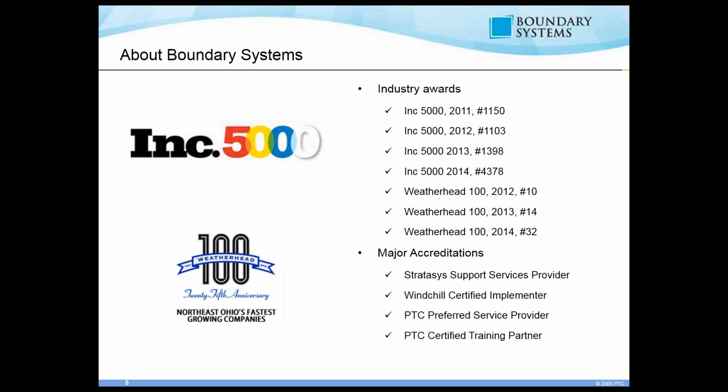Inc. 5000. And in the Weatherhead 100, as you can see, 2012 we're number 10, 2013 we're 14, and then 2014 we're actually number 32. So we continue to maintain our presence in all these different areas as far as growth in our company and progression in our company. Some of the major accreditations, once again, Stratus